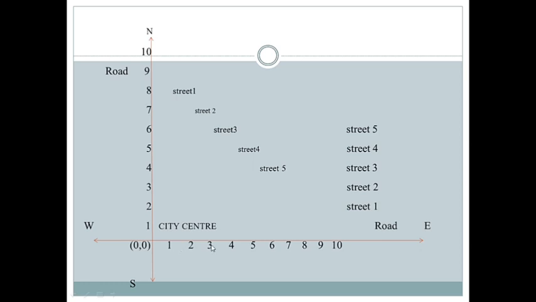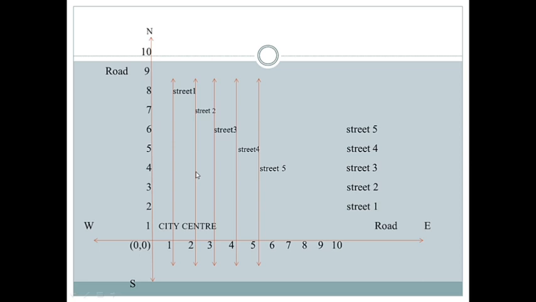So the distance between these routes is 1 centimeter, and this is the center of the city. As it is a midpoint, we consider it the center of the city. Now after that, what is given in the question? There are 5 streets in each direction, that is east to west and north to south. There are 5 streets which are parallel to these two crossing. So the 5 streets we will represent. Yes, these are the 5 streets which are parallel to north south. So this is street 1, street 2, street 3, street 4 and street 5.